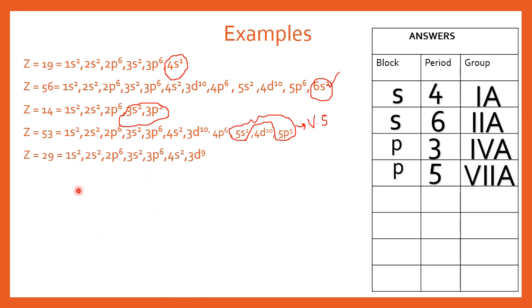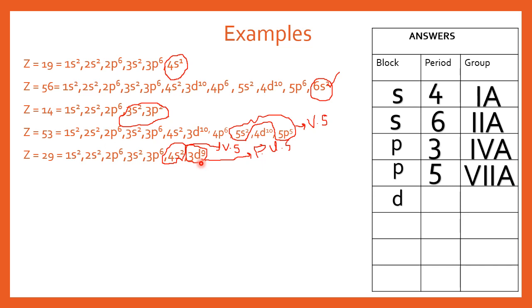Coming to the next example, that is atomic number 29. Look at the sequence of the electrons arranged here. You will see first that 4s2, 4 is the highest number here, so 4s2 means this 4s orbital is present in the valence shell, while the 3d, that is one less than the 4s, is the penultimate shell. Now first look at this one, the last electron is going to enter the d orbital. That's why this element belongs to the d block.